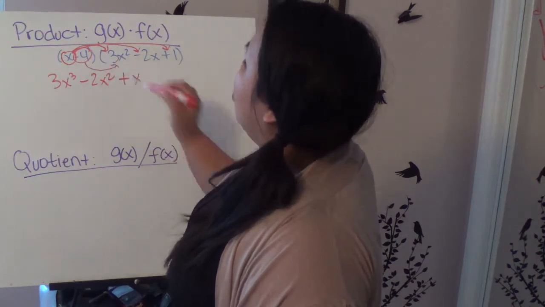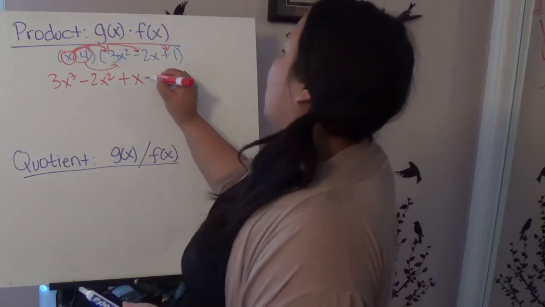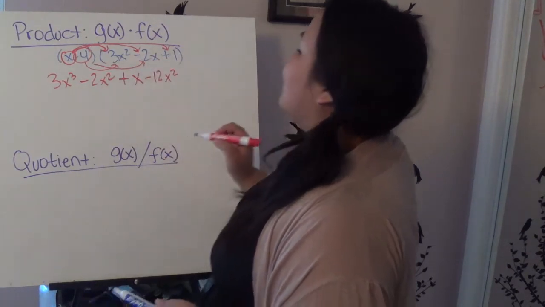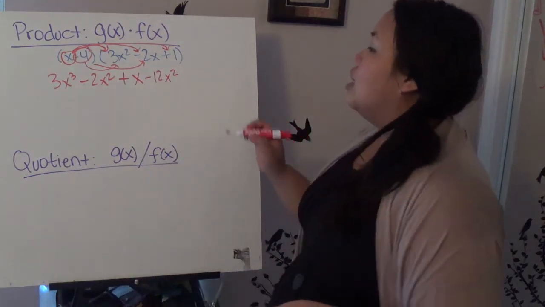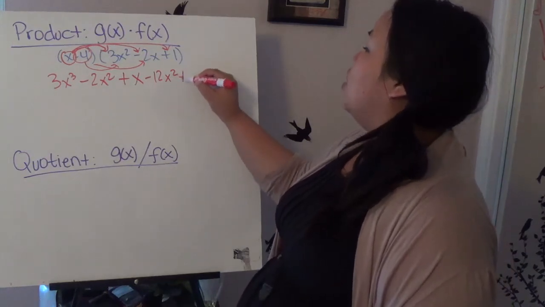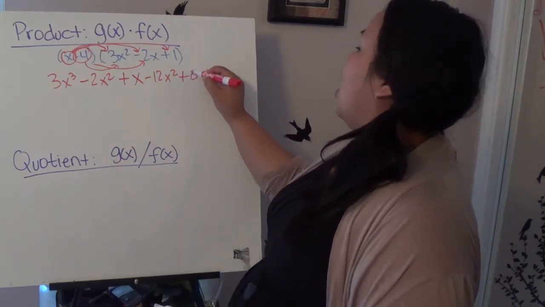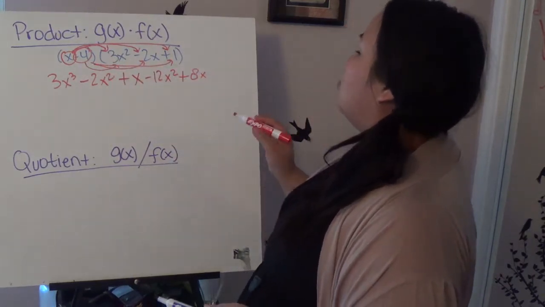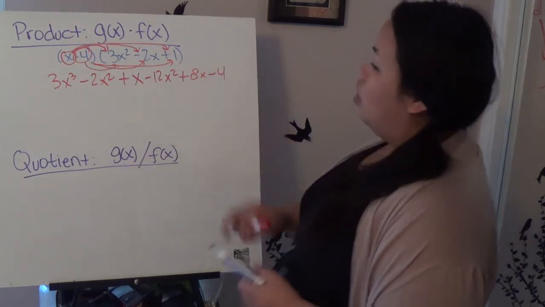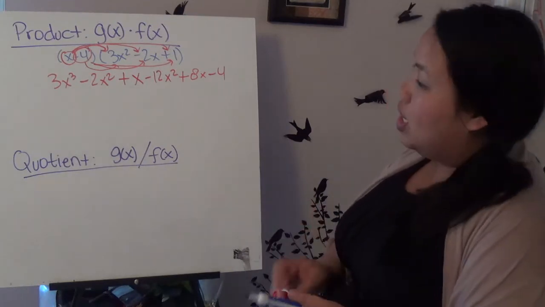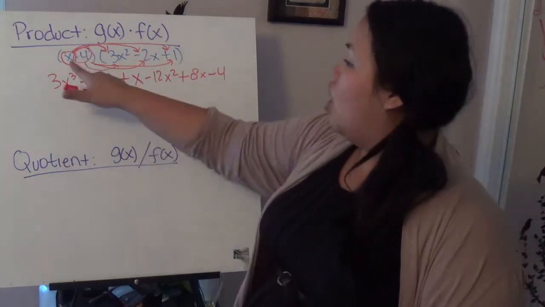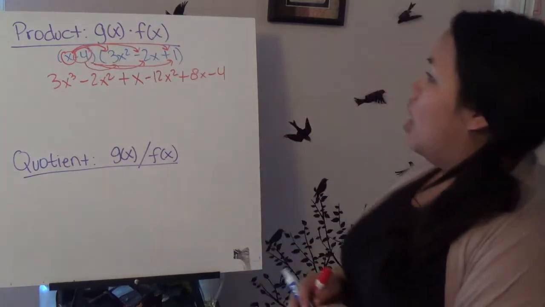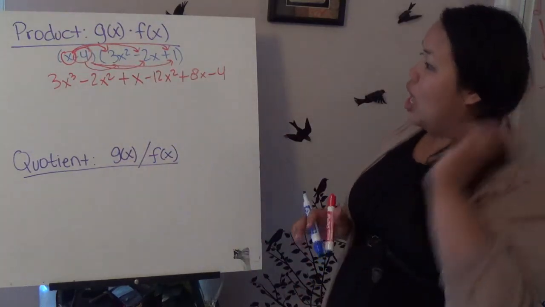So negative 4 times 3x squared is negative 12x squared. Negative 4 times negative 2x is negative, oh, it's positive. Negative and negative make a positive 8x. And then negative 4 times positive 1 is negative 4. Alright? So again, what I did is I distributed every term. I did the x to all three, and then I did the negative 4 to all three. And now I'm just going to go ahead and